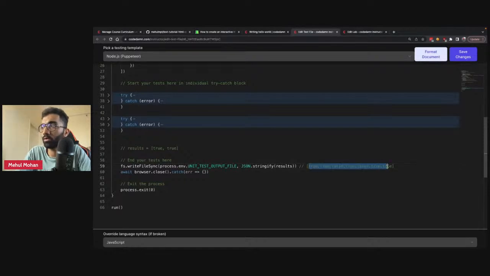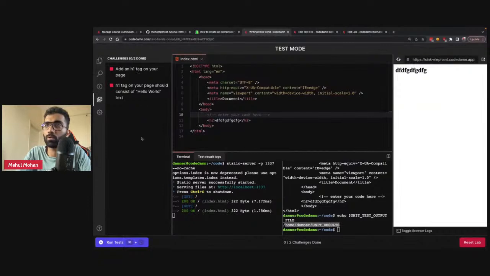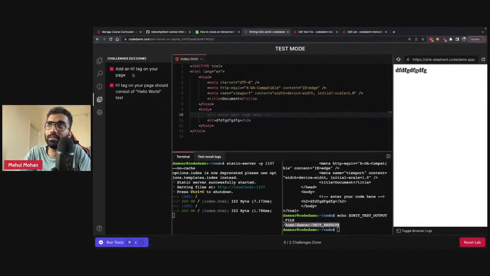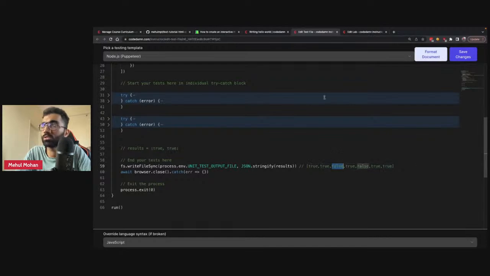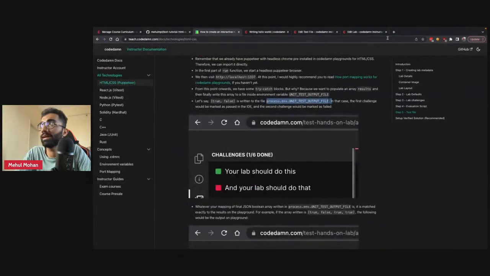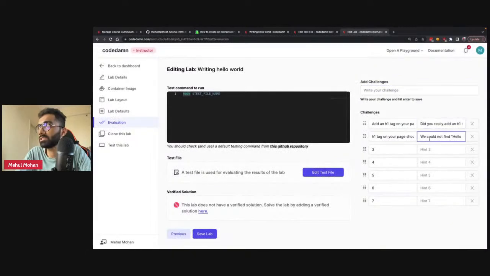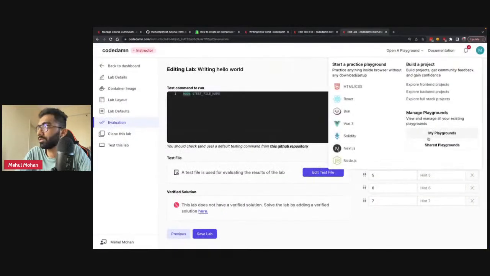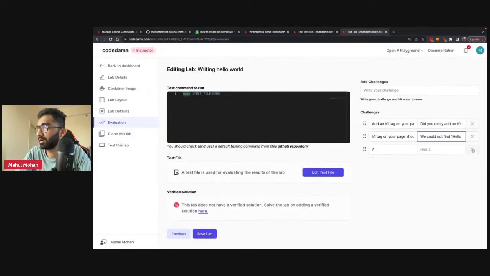And this map would be directly applied to whatever is visible to the user. So let's say if there is 3, 4, 5, 6, 7 visible over here, then whatever value is true will become automatically green, and whatever value is false would stay red, right? And if you have an associated hint with that particular challenge, then if there is a false value returned for it, that hint would also be visible. So anyway, I'm just going to remove these extra challenges for now.